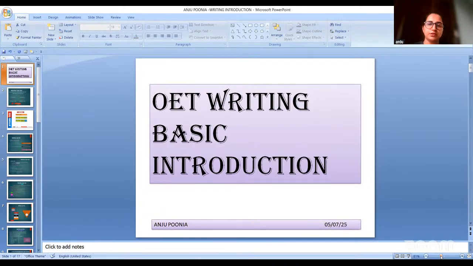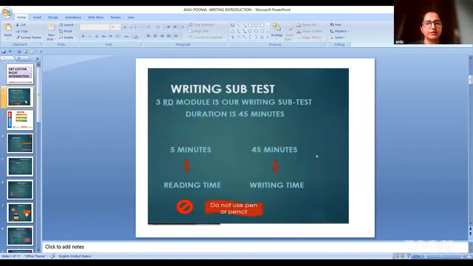So today's topic is OET writing. We will just discuss the basic introduction. Everybody knows about that. In the exam, firstly it's listening, reading, and then writing. It's the third module when we sit in the exam. The duration of writing is 45 minutes. And before starting the exam, the examiner gives me 5 minutes just for reading